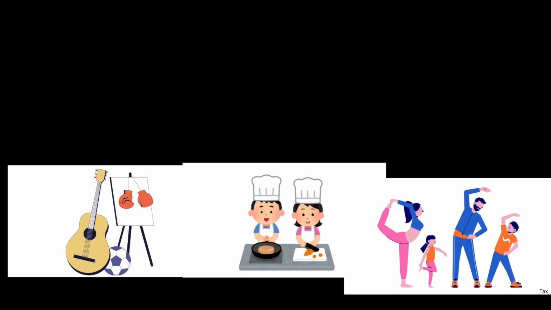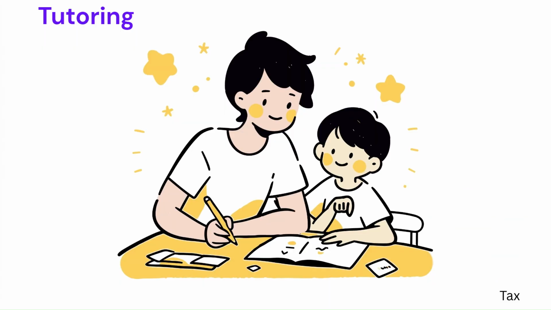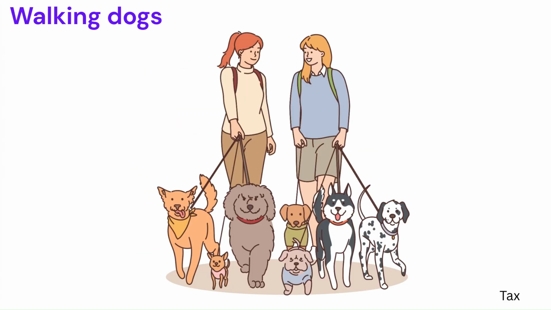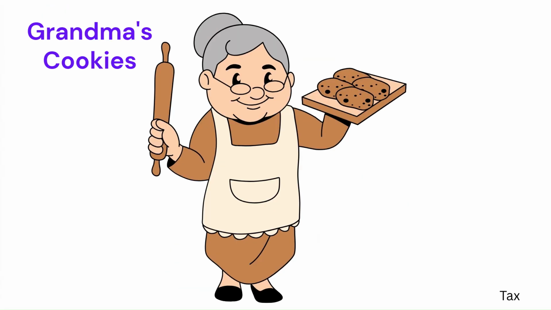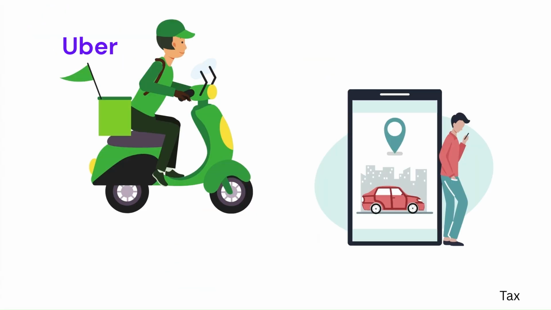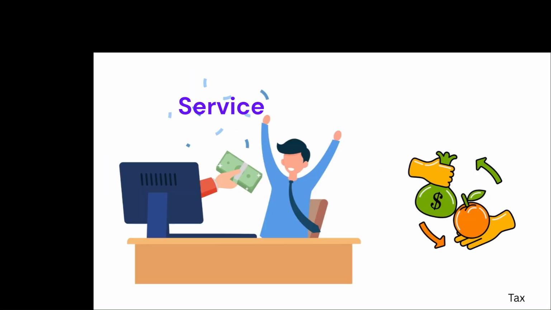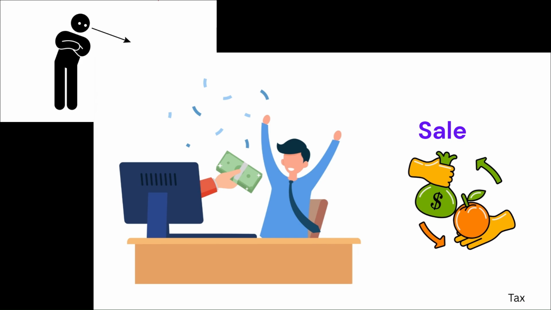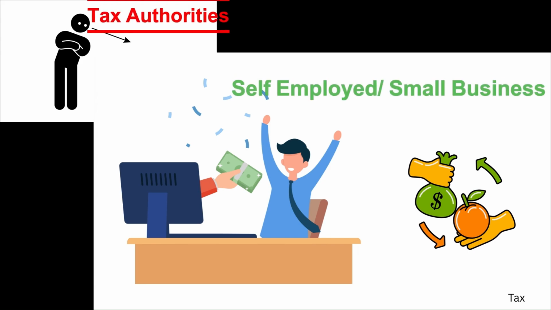Maybe you are getting some money by tutoring someone's kid, or babysitting, or even walking a few dogs, or it could be through selling your grandma's baked cookies, or doing late-night Uber shifts. If someone is paying you for a service, or for something you sell, then in the eyes of the tax authorities, that makes you self-employed, which is basically running your own small business, and it will need to be reported